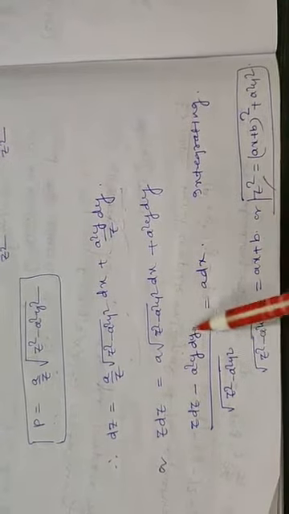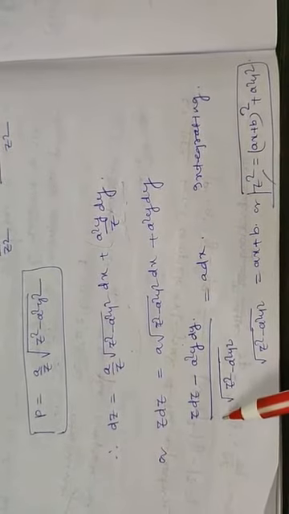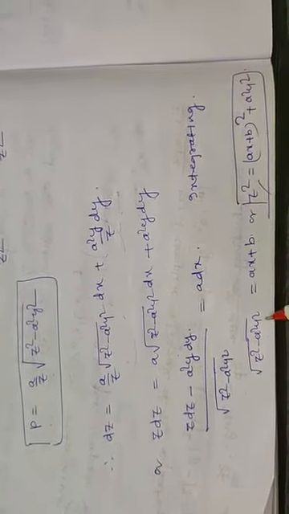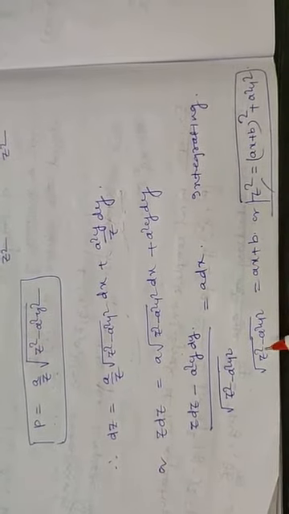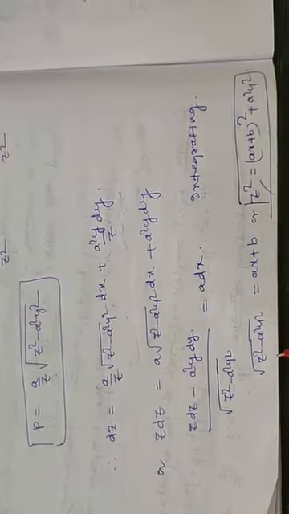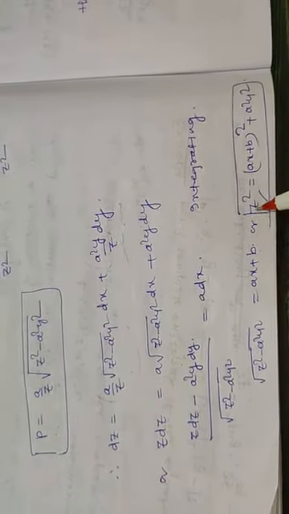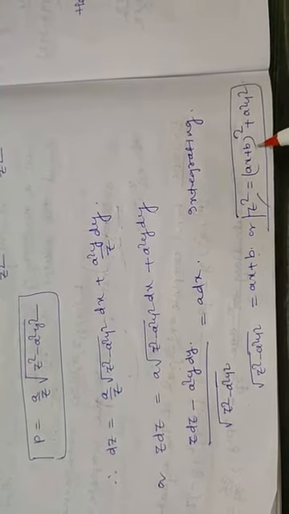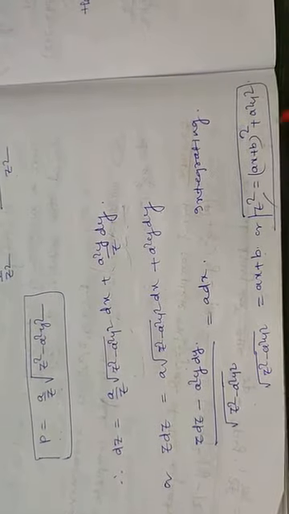Why? In order to make it a total differential. Look at this expression. It is the derivative of root over z square minus a square y square, which is equal to a dx. Now integrating both sides, the left hand side becomes root over z square minus a square y square is equal to ax plus b, or squaring both sides we get z square is equal to ax plus b whole square plus a square y square. So this is the complete integral of the equation.